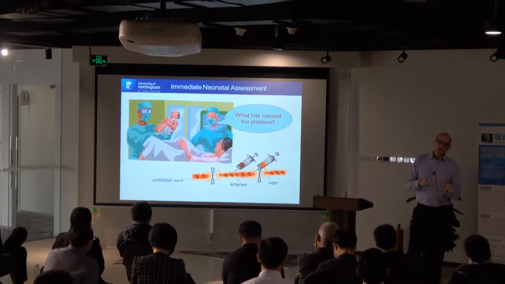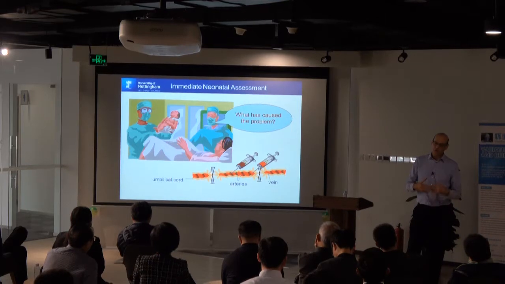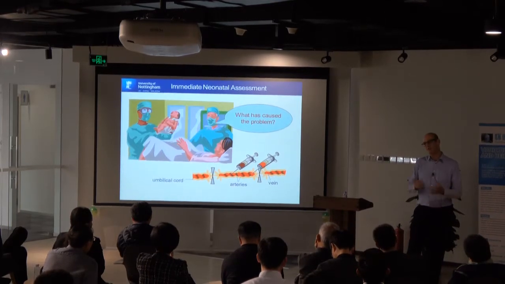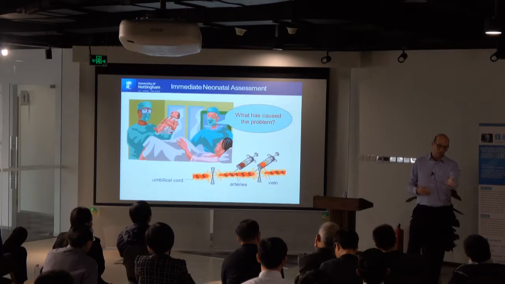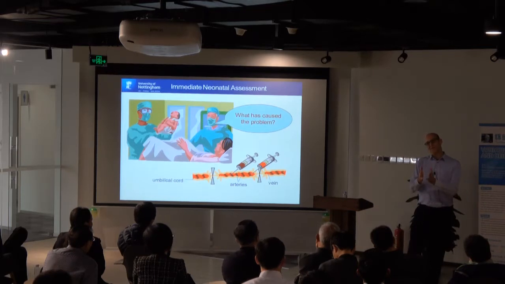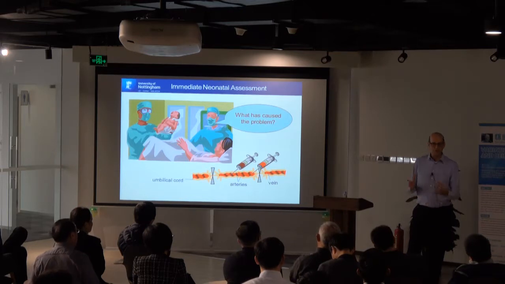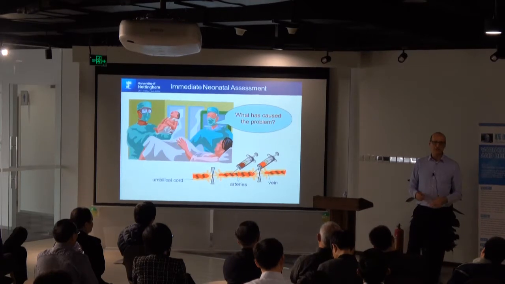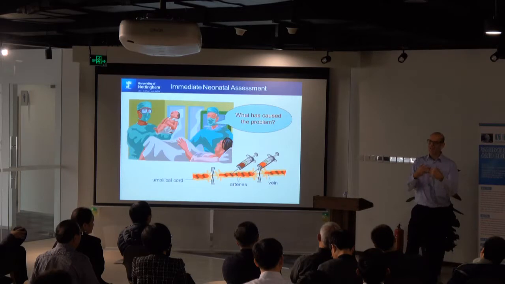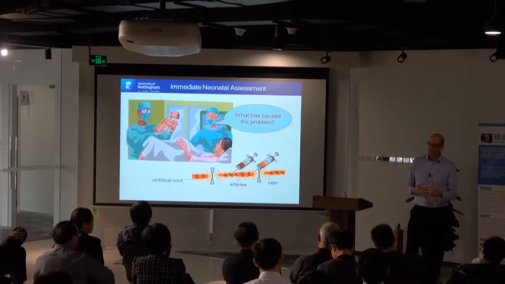At the beginning of labour, the contractions last 1 minute, and maybe there's a 5-minute gap. So it's just a bit like holding your breath for 1 minute, and then you breathe for 5 minutes. Well, you think that's okay. By the end of labour, often the contractions last about 1 minute, and then relax for 1 minute. So this is a bit like breathing for 1 minute, holding your breath for 1 minute, then breathing for 1 minute. Then holding your breath for 1 minute and breathing for 1 minute.